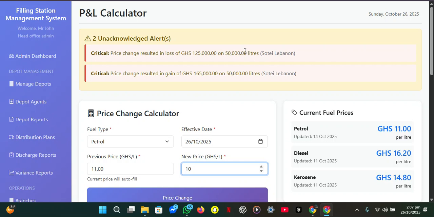So that's the same thing you see at the P&L report. You see the high loss, high gain, and all other stuff for that particular branch. So they all show at the branch level as well. And then from there, I think that is all for now, and we also have the chat. We sent the chat from the branch manager section, if you could recollect. So let's review if that message came through truly. We'll go to the chat section and we'll see that the message was from